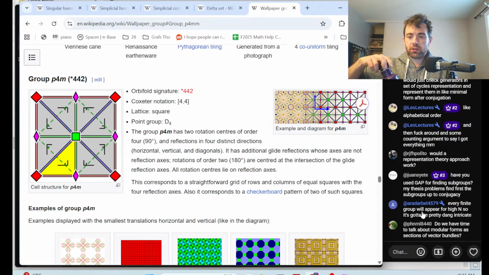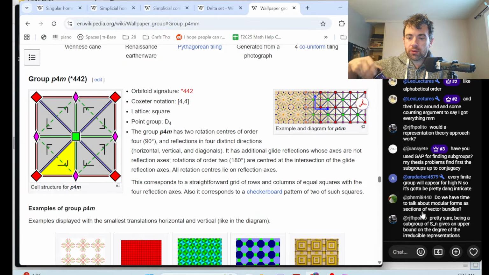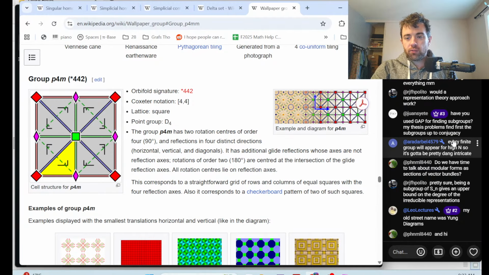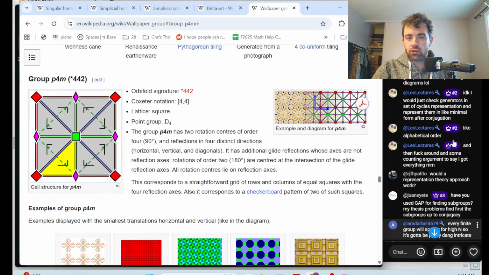Yeah, it's got to be pretty intricate. Have you used GAP for finding subgroups? Oh. Your thesis is about subgroups up to conjugacy. Interesting. Well, then you should be laying down how to do it. No, I don't know if I've used GAP to find subgroups, but I've definitely played with GAP via Sage in order to